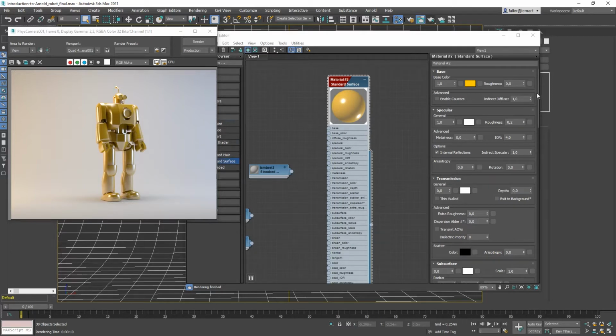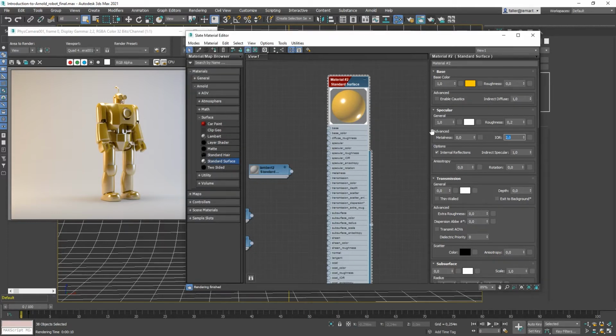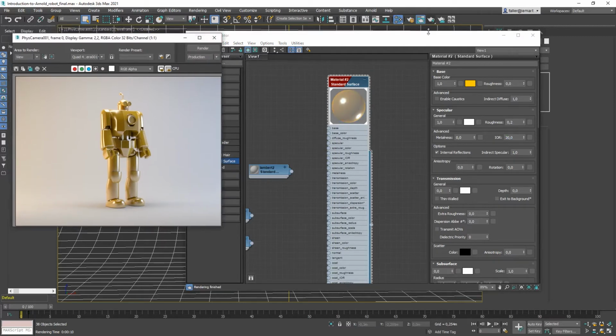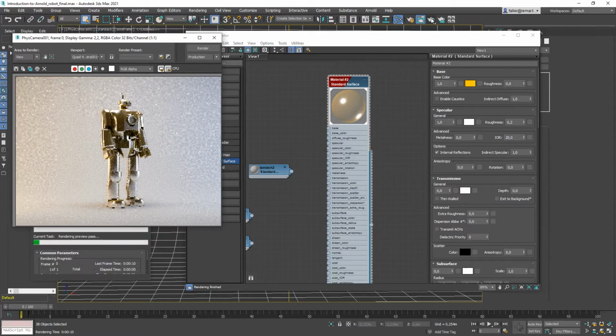So if you want to create a metal-like surface like we had on our robot in the beginning, there's 2 ways to do it. The first is just give it a high index of refraction. So we have an orange color here and we give it a high index of refraction. Let's go for 20 and have a look at how it looks. So usually we shouldn't see much more orange then, maybe just a little bit of orange, but the rest is